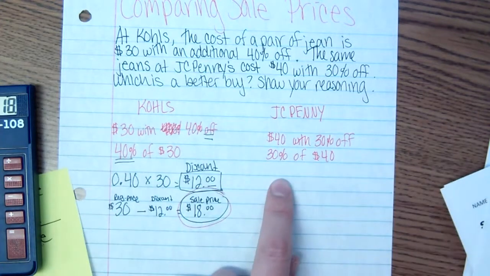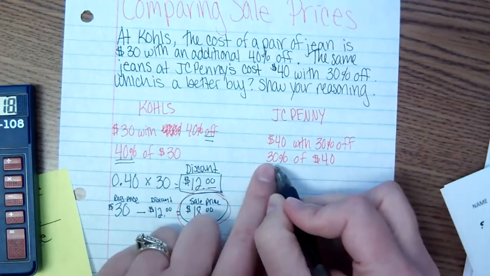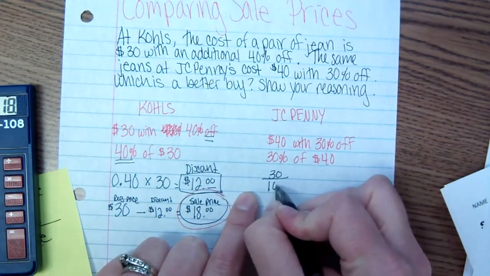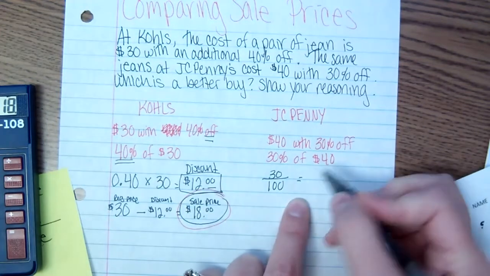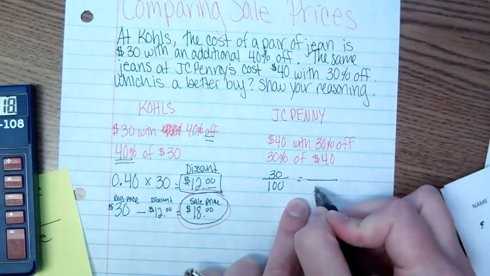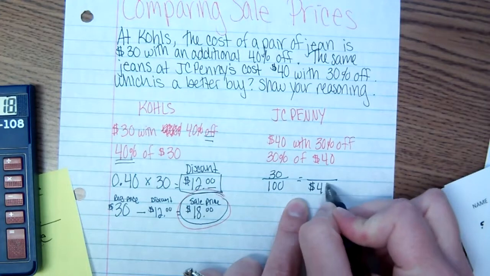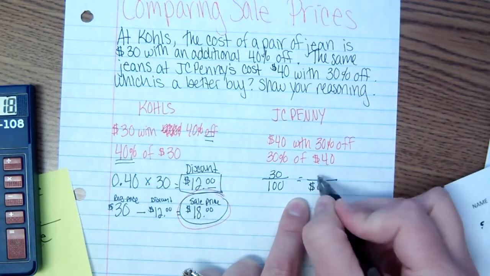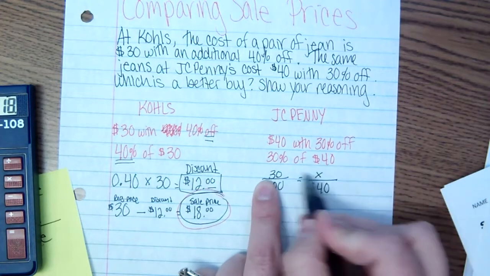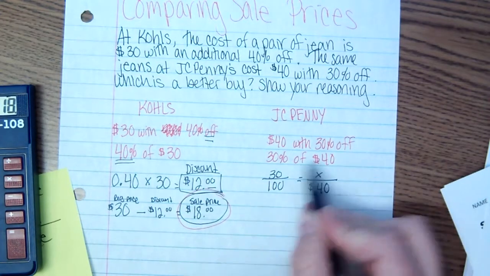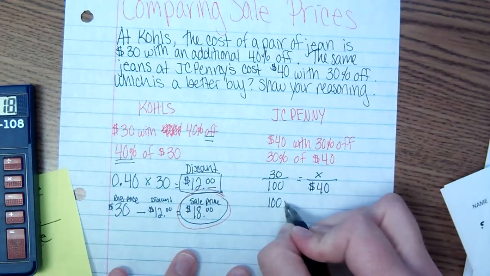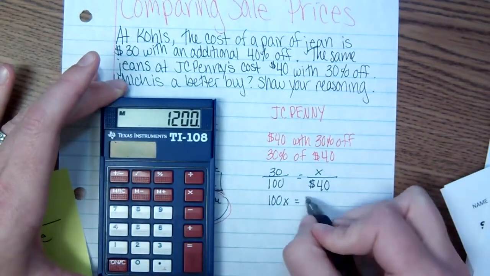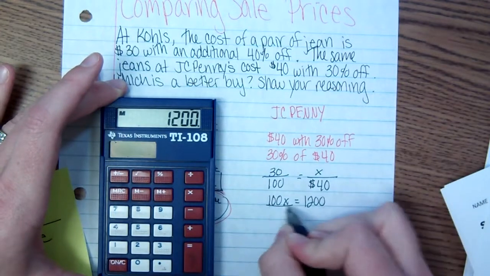So over here, I said I was going to use a proportion. So this time I'm doing 30% off of 40. So if I'm going to use a proportion, I'll do 30 over 100 on either side of this equal sign. Of 40. $40 is the original price. That's the big price. You're not going to pay more than $40. That's their retail price they're asking for it. And we need to know what is 30% off of that 40. So we're cross-multiplying here, and I have 30 times 40, which is going to give me 1,200. I'm going to divide that,